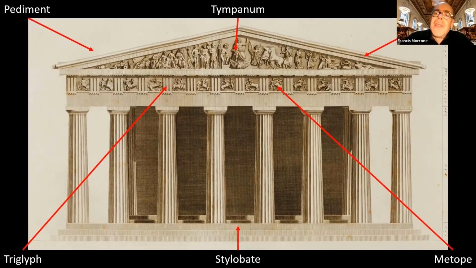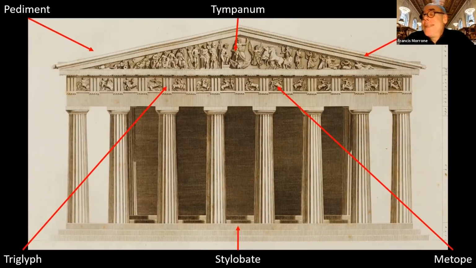And then just below that, in the part that we call the frieze. The frieze in a Doric temple, in the Parthenon, consists of two basic elements. One, arrow, on the bottom left, you see a word, triglyph.